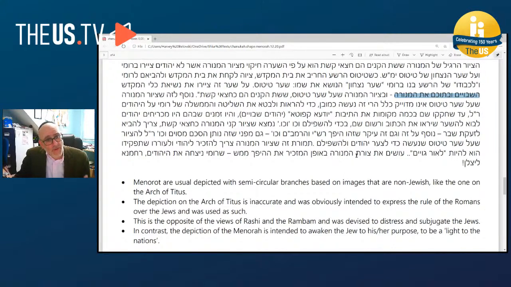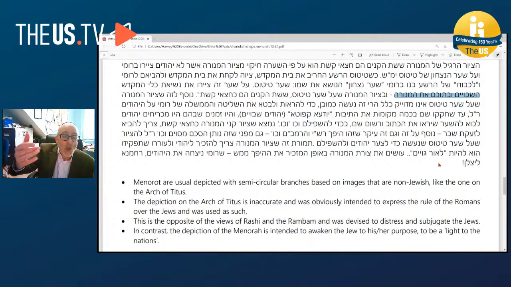And he makes various observations. It was well known that Jews weren't allowed to go to this arch, or they had to pay a special tax, and so on. It seems then that the depiction of the menorah as a half semicircle should make us very anguished and distressed, because it's a symbol of the destruction of the temple and of the victory of the Romans over the Jews